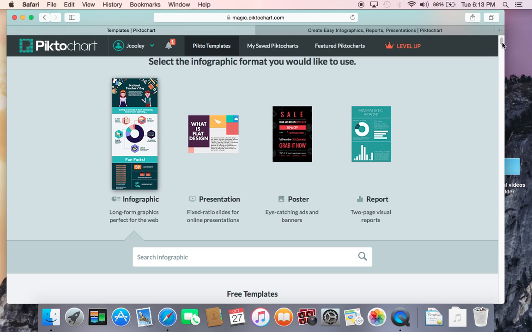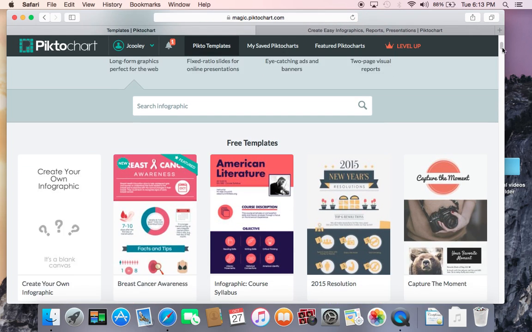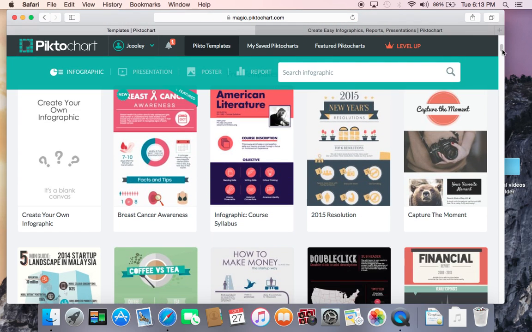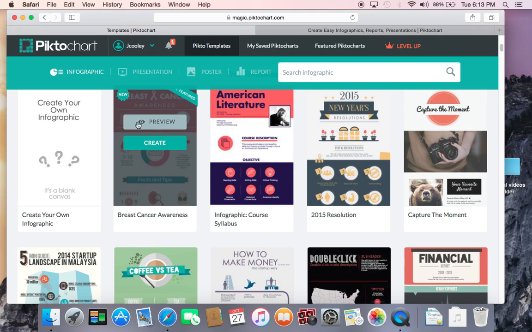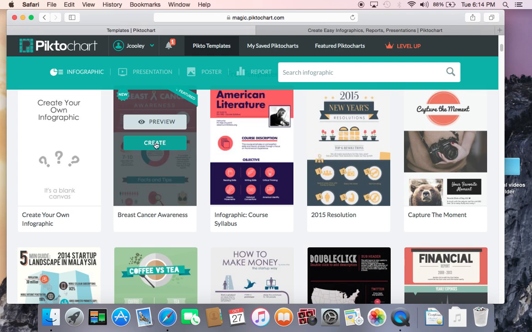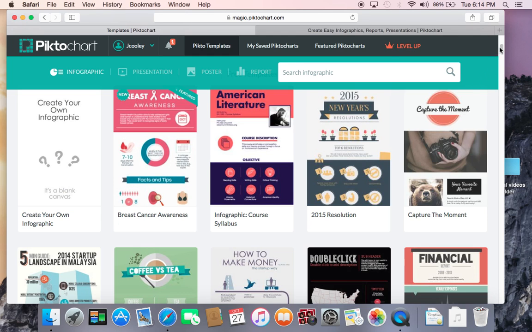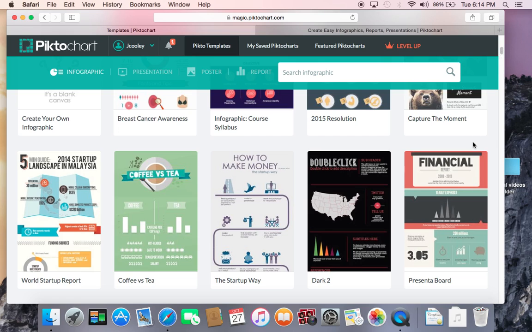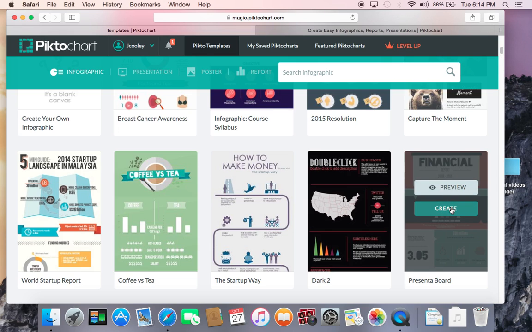After I click on the infographic, if you scroll down, you'll see a variety of templates. What's so nice about Piktochart is that you don't have to create your infographic from scratch. You can if you like, but you could also scroll through the many free templates and choose one that will fit your needs, and then you can edit the material. So here I could click and enter click here to create a brand new one, but I think I'm just going to click on the one below and change some of the graphics to meet what I want to do. So I'm going to click here on create,